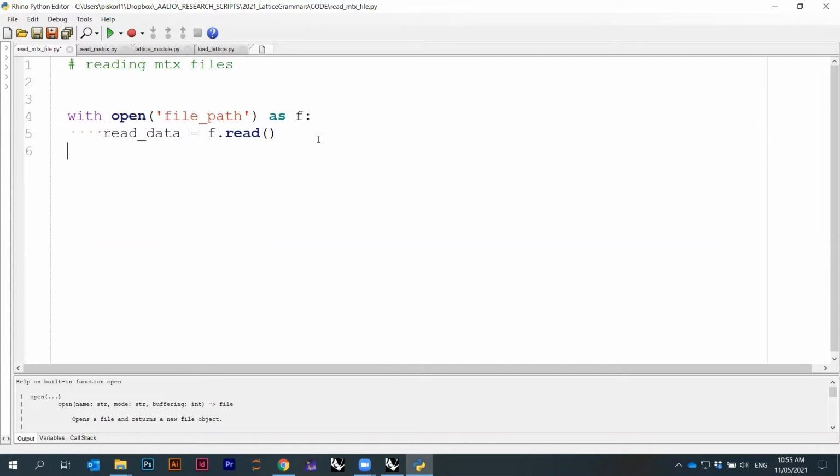This is a bit better because when you open a file, you have to be sure also to close it properly, otherwise the file can get corrupted. So if you write it like this, then you're sure that the file will be closed at the end of when you execute this file. But basically,